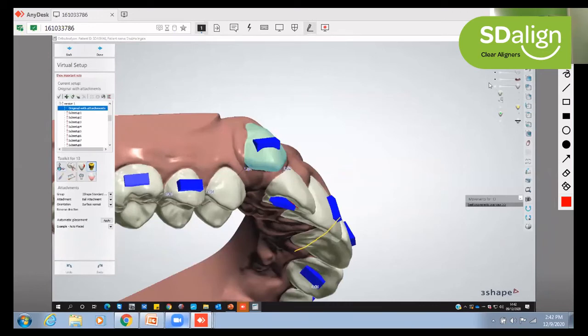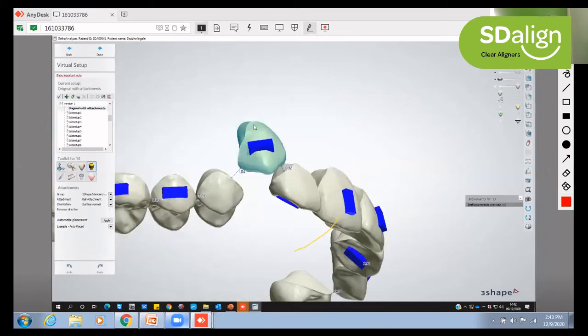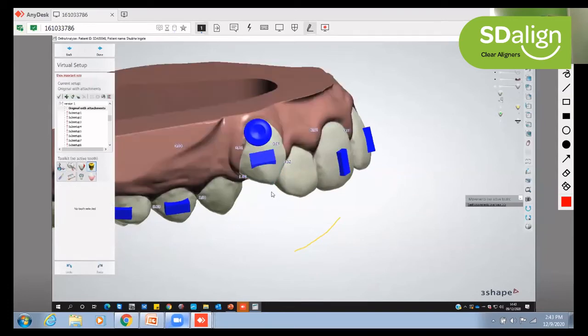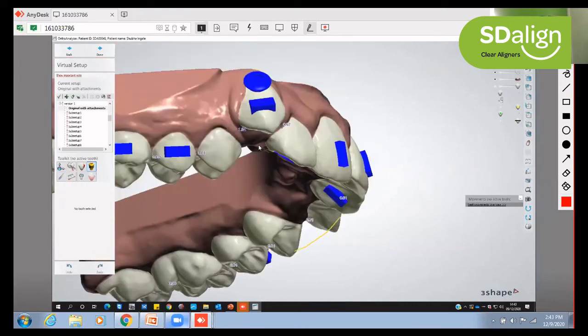So we can give you a button option for extrusion of canine. Let's see how we do that. I can take the canine, put a nice button here on the cervical aspect, and you can bond it clinically. Keeping this shape in mind, we'll give a cutout for the canine at that stage so that you can have a button bonded and make sure that the canine extrusion has panned out properly.